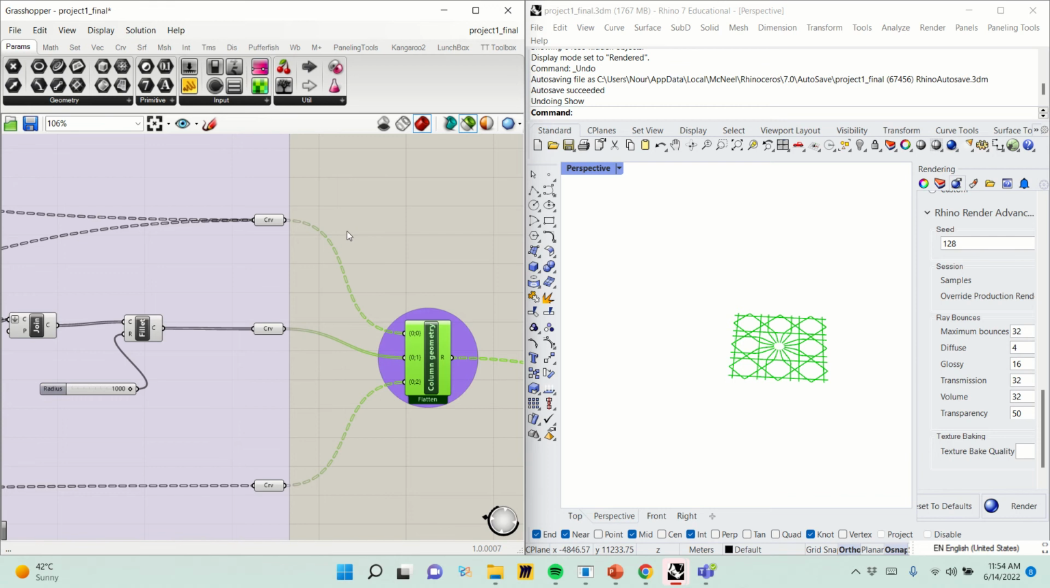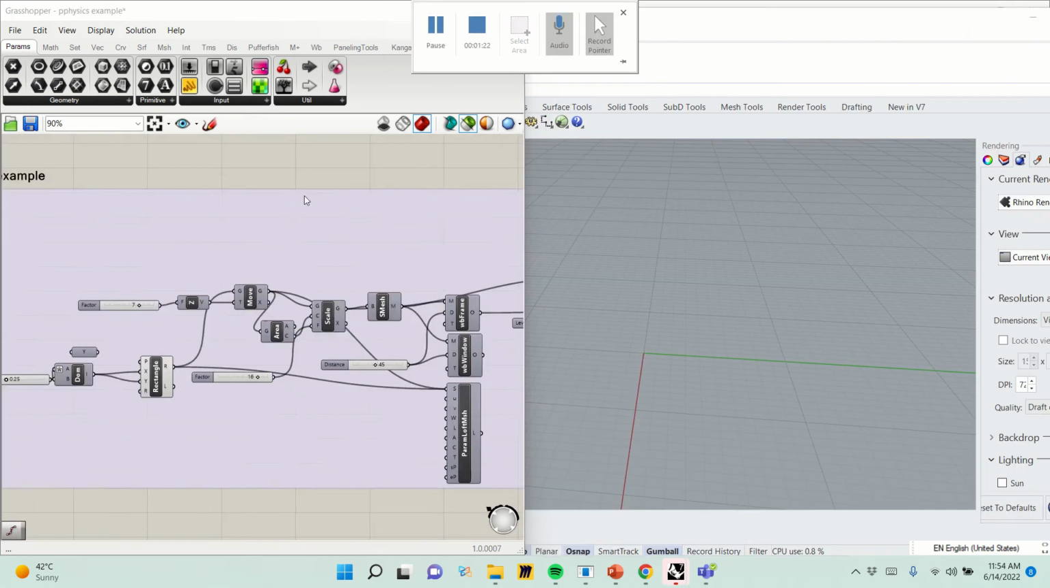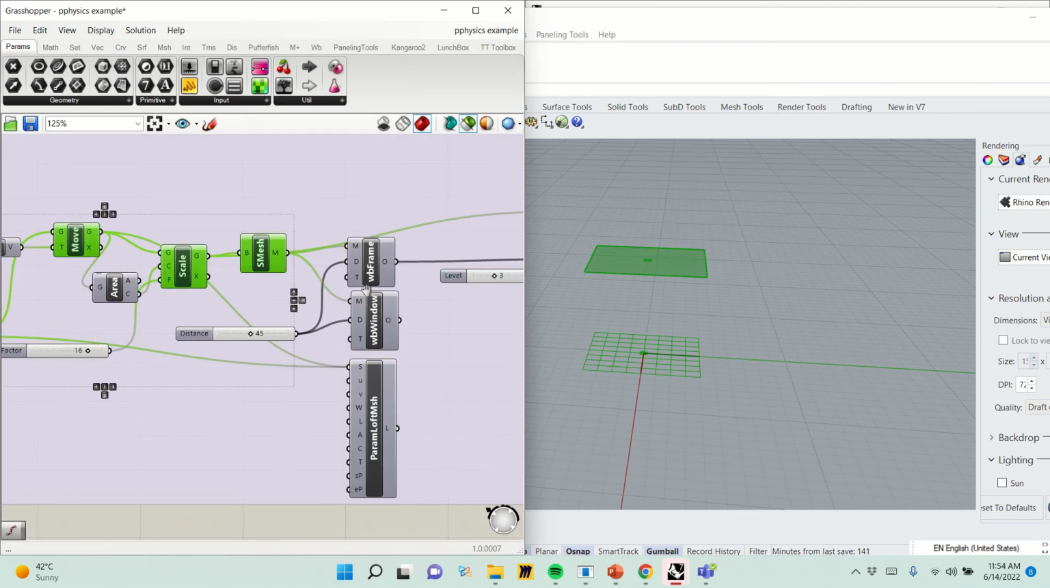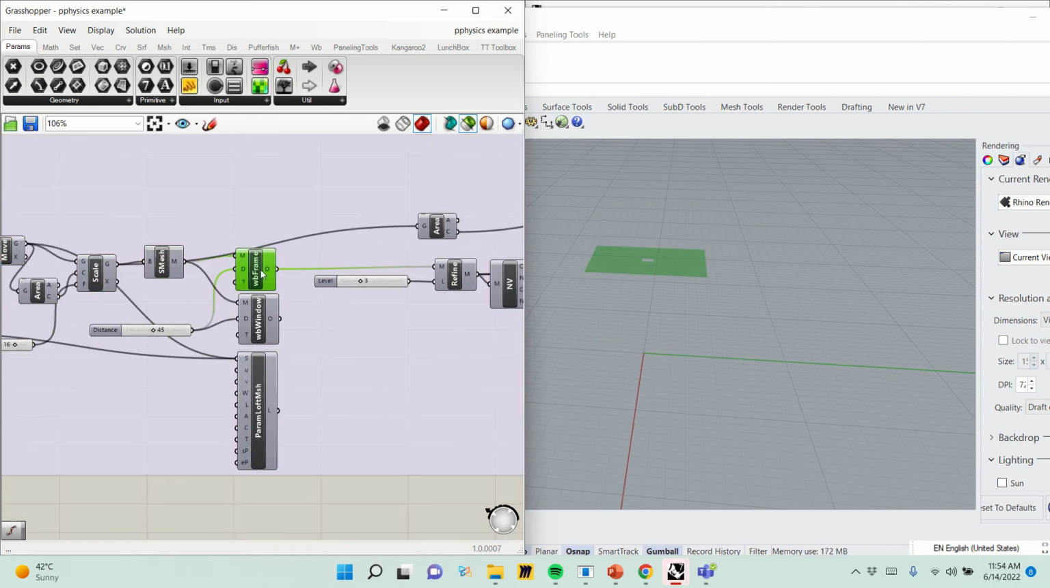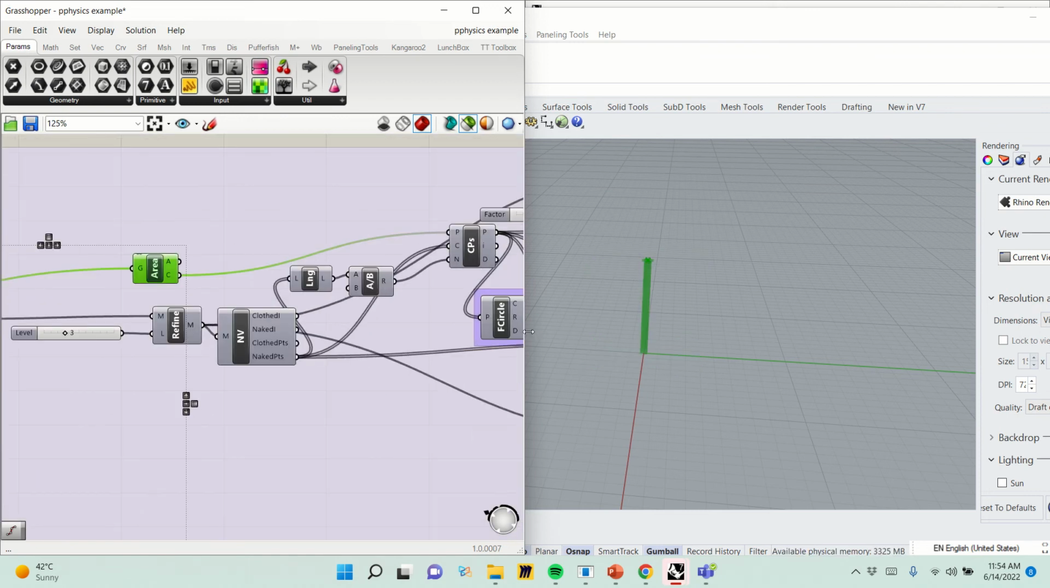And then I needed to project these curves onto the column, and that's where the Kangaroo physics come in. So just as before, we start with the rectangle, we move it upwards, we scale, we turn it into mesh, and thus we connect it to the Kangaroo elements. And then we find the area, convert that